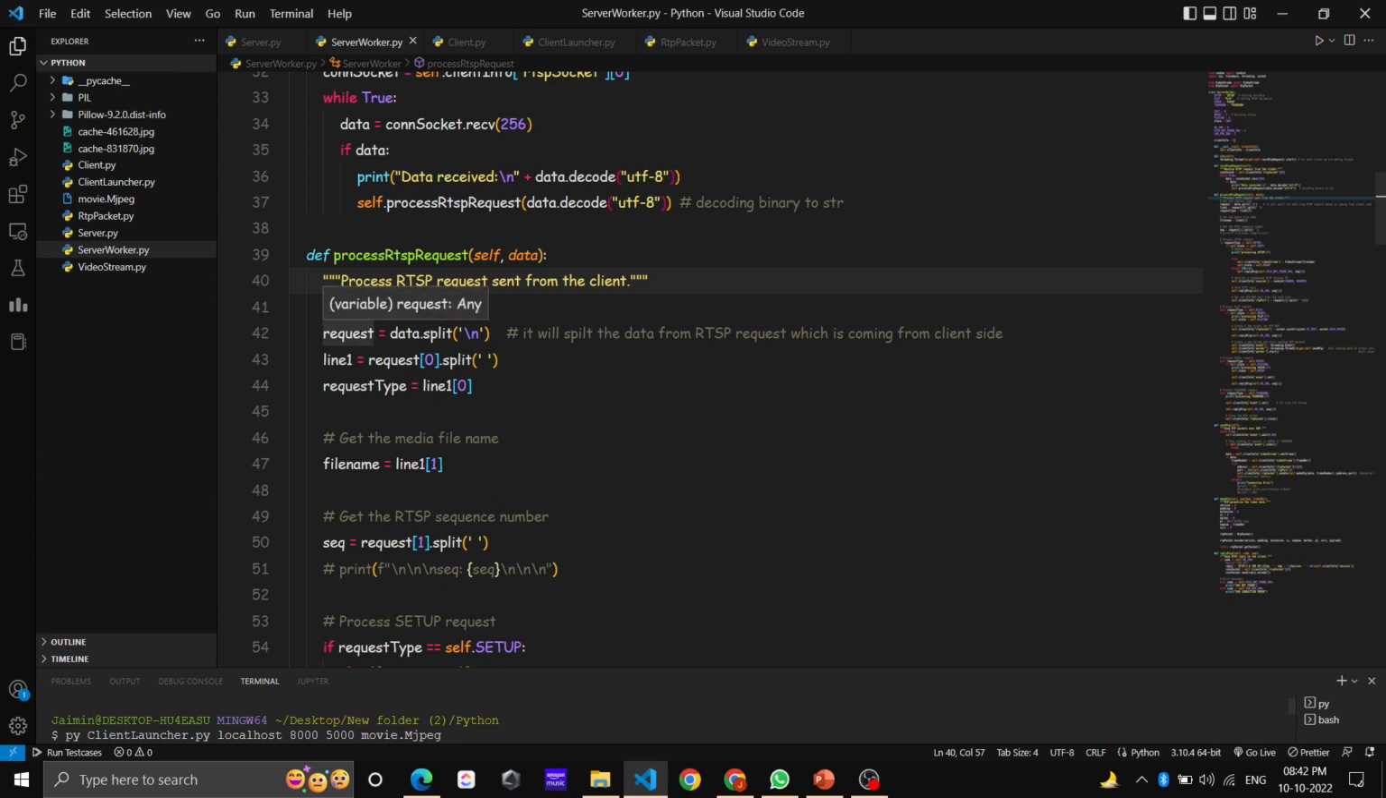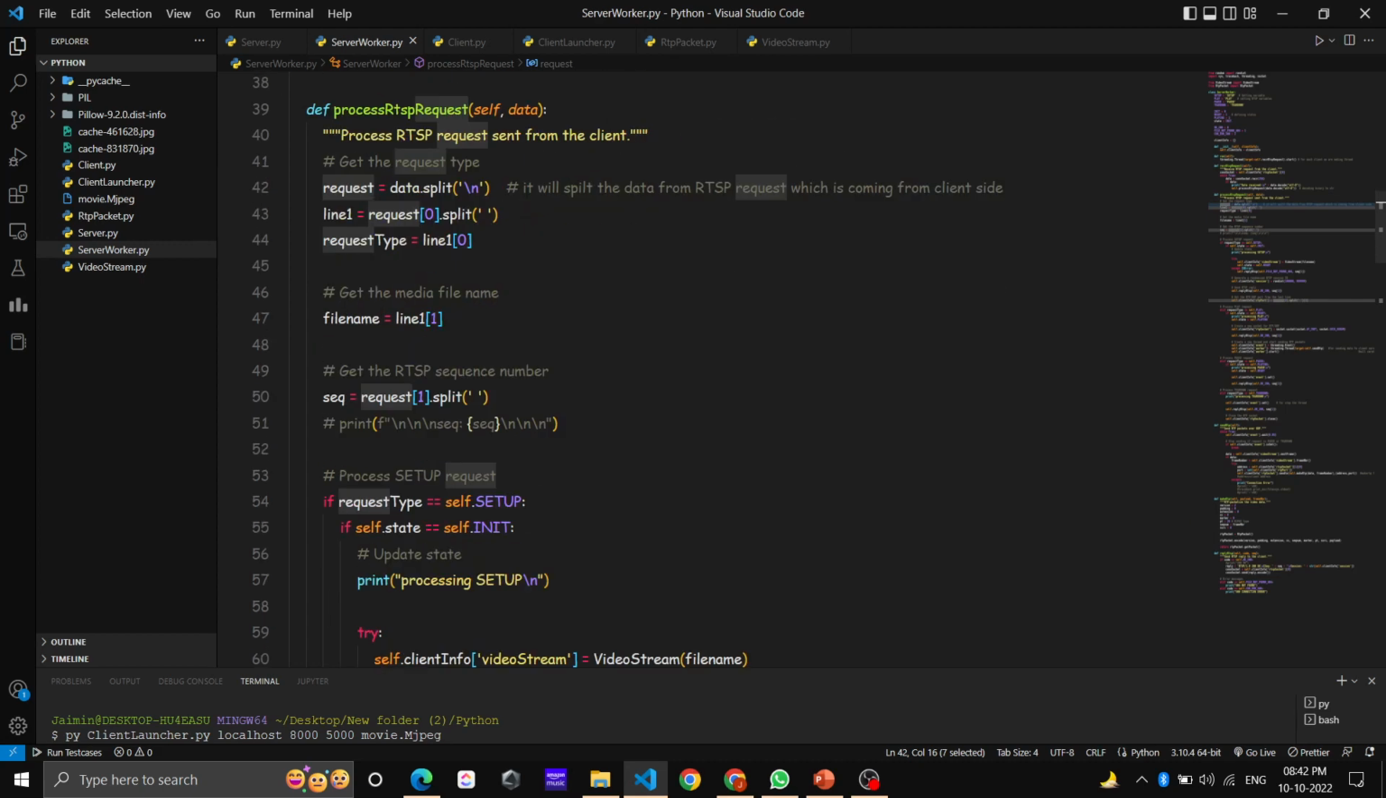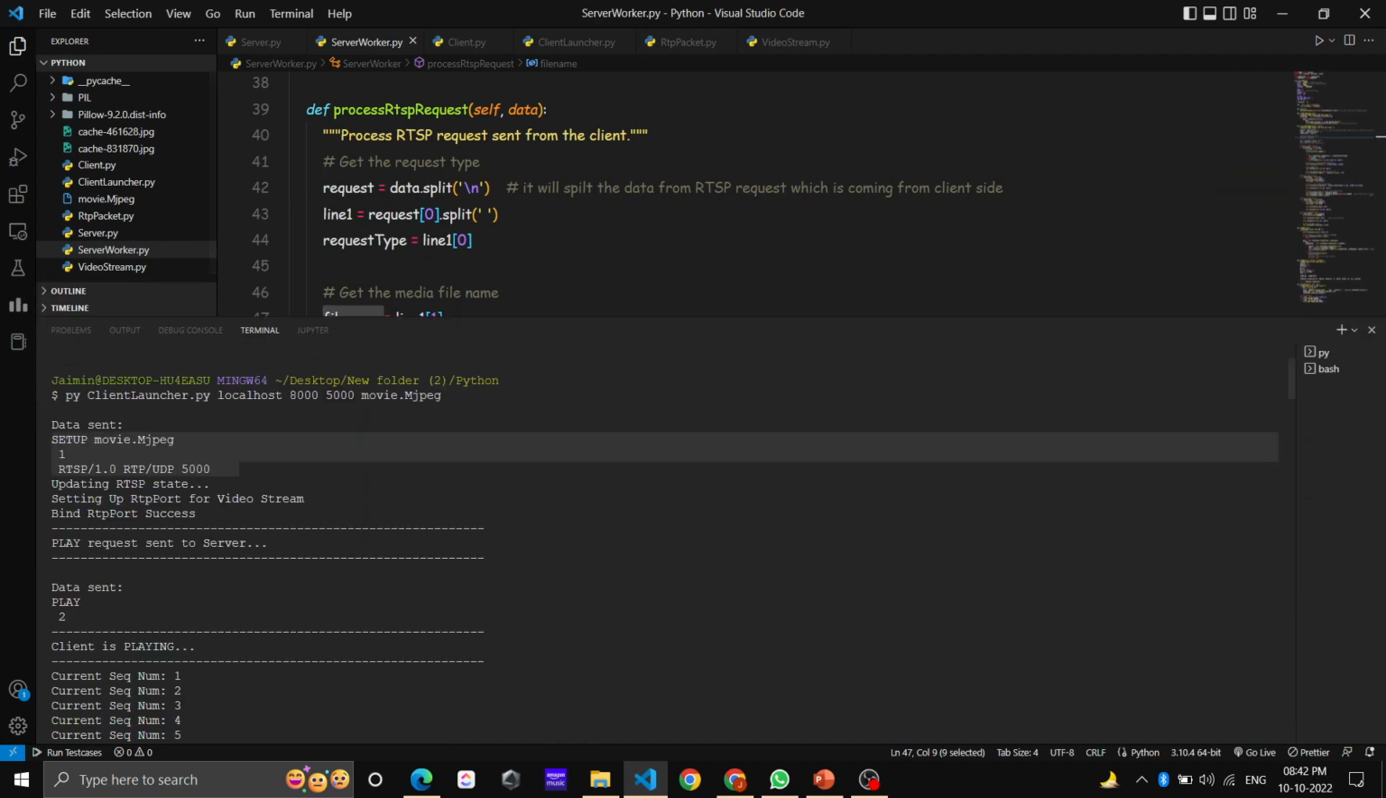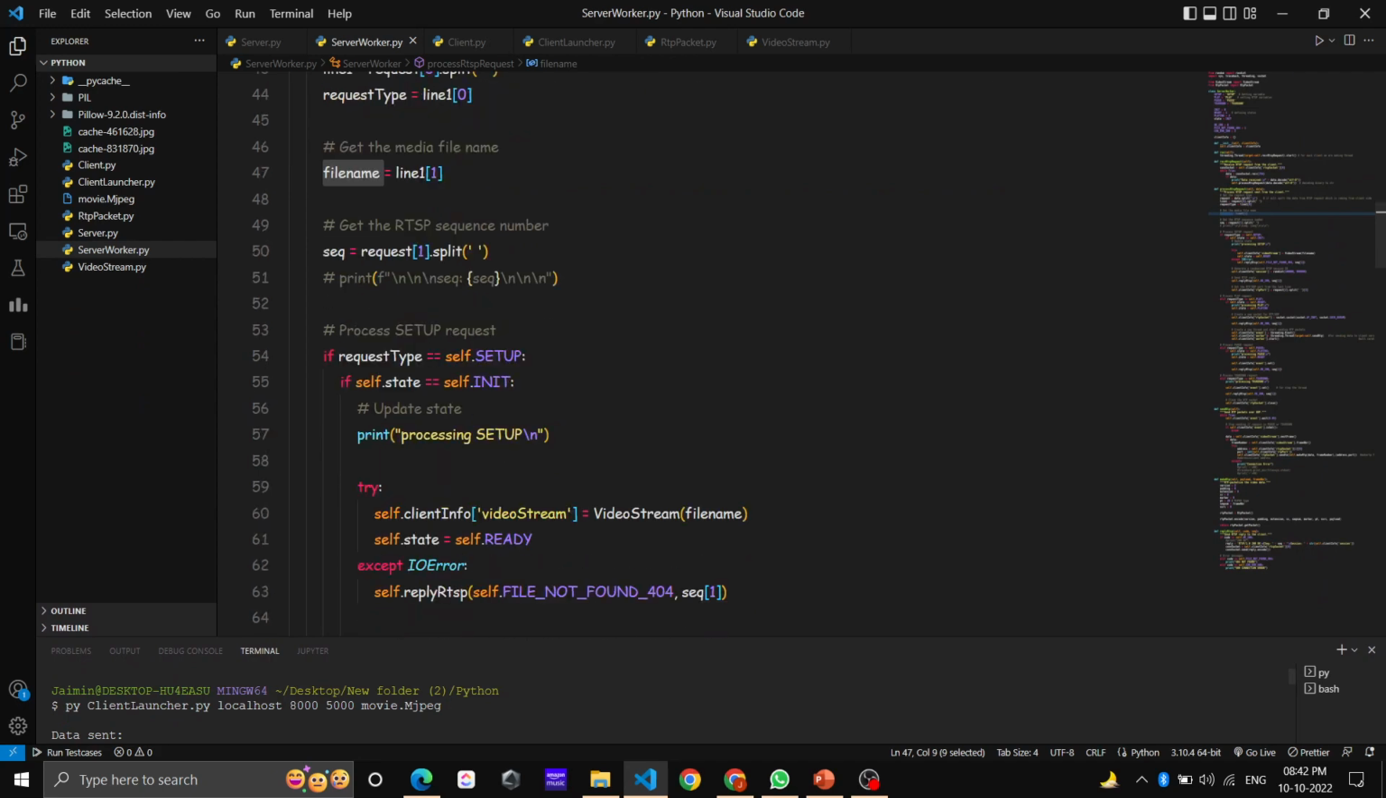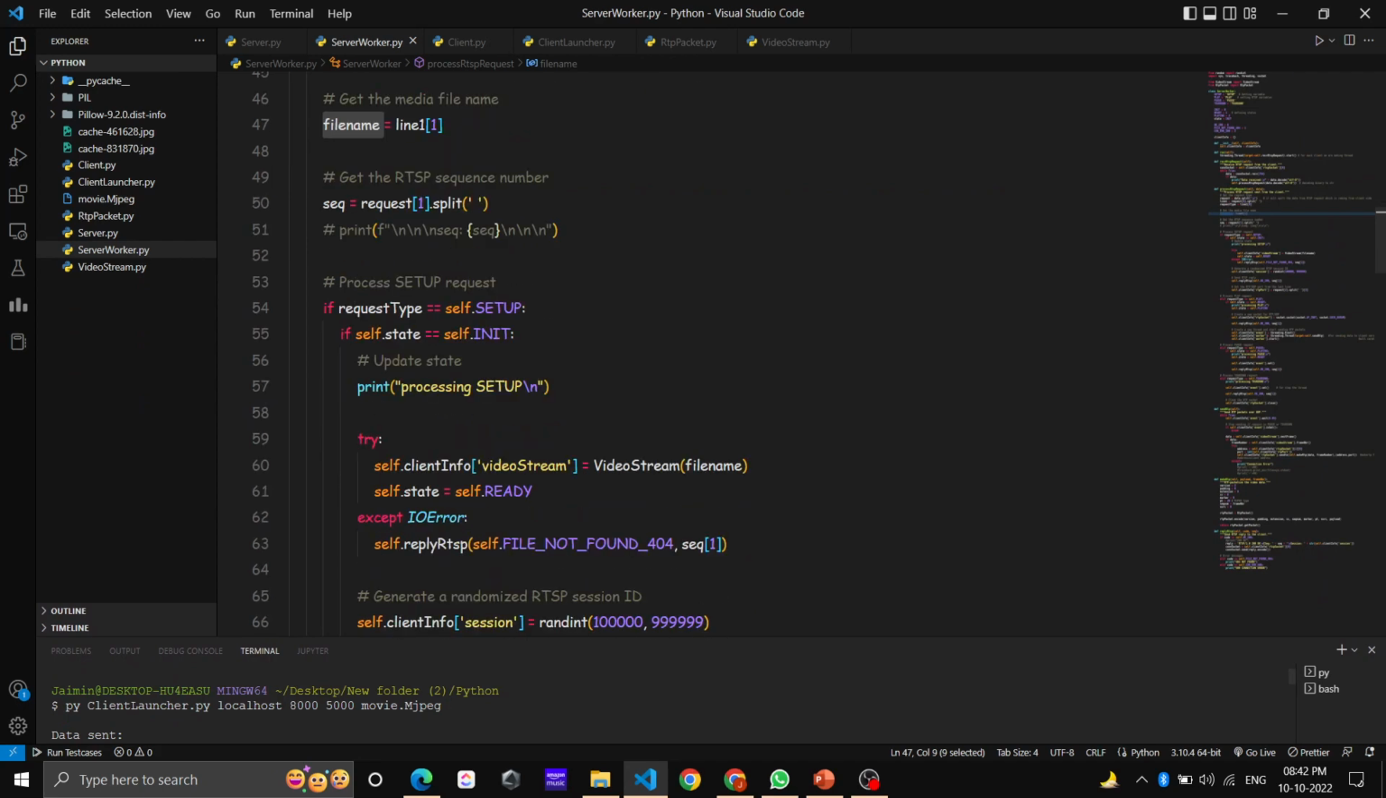So first we split it. The request will split the data from the RTSP request which is coming from the client side. Then we will split the file name, which is this one, movie.mjpg. Then, if the request type is setup,